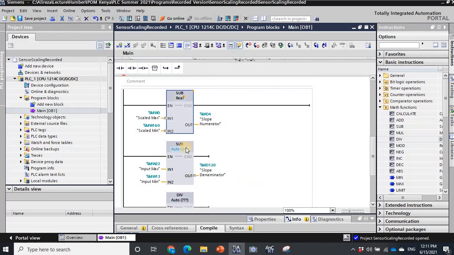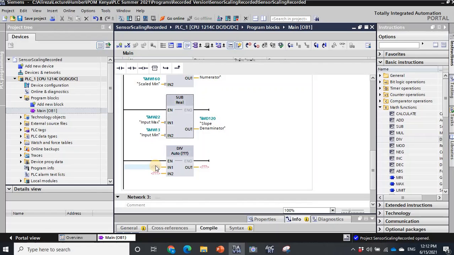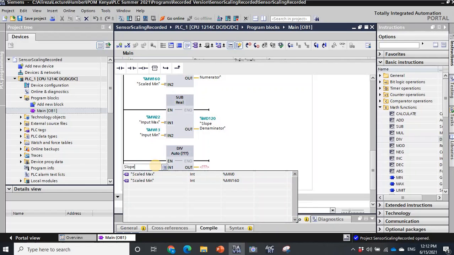But as I select these to be real, the output is real right now, the output of the calculation is not anymore integer, so it doesn't need that conversion, but it needs a conversion from integer to real. Okay, and then let me assign these division for, so slope